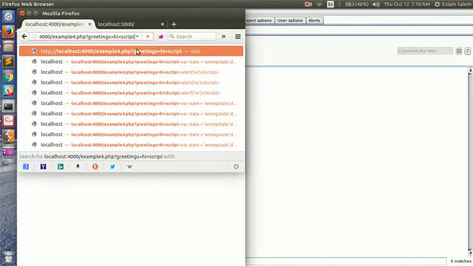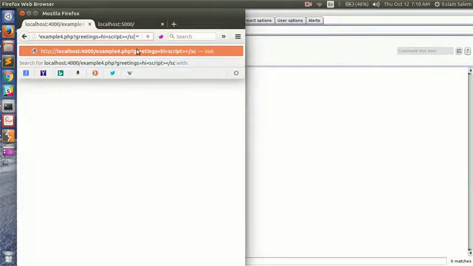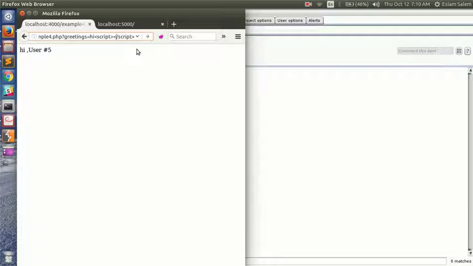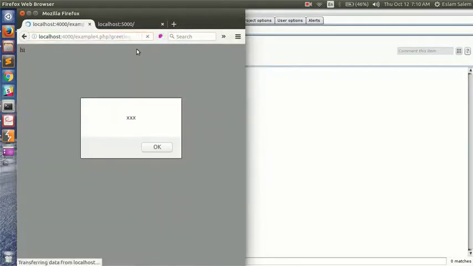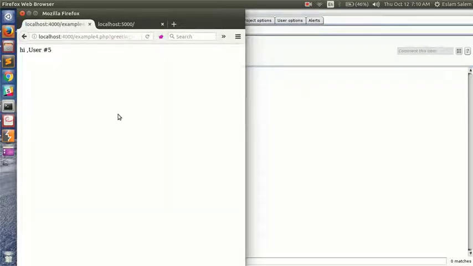If we pass a sample cross-site scripting here. Okay, so this website is vulnerable to cross-site scripting attack. So how can we do some tricks to steal the authentication code from this